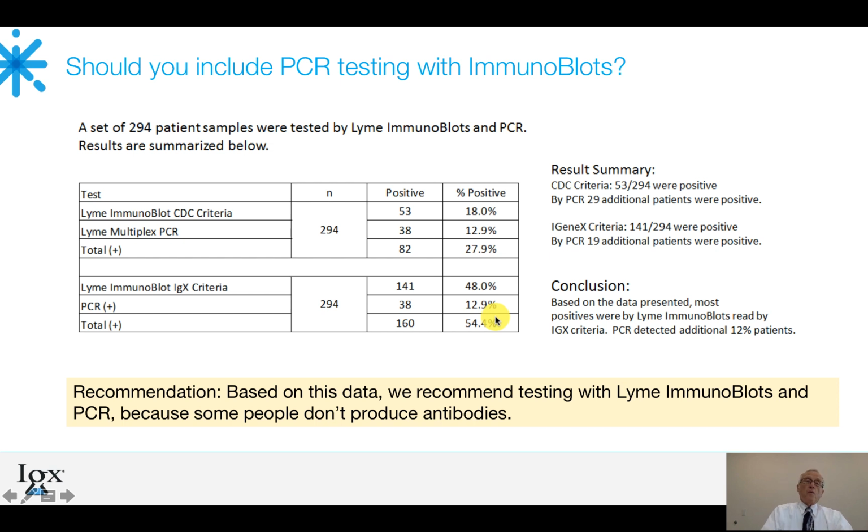So one thing I've been avoiding here and haven't talked to you much about is, where do you add a PCR? Should you be considering PCR with ImmunoBlots? Well, when we look at our data on almost 300 samples, most of them supplied to us by the CDC, we notice something here, and that is you may pick it up with the ImmunoBlot, but when you add a multiplex PCR, such as ours,